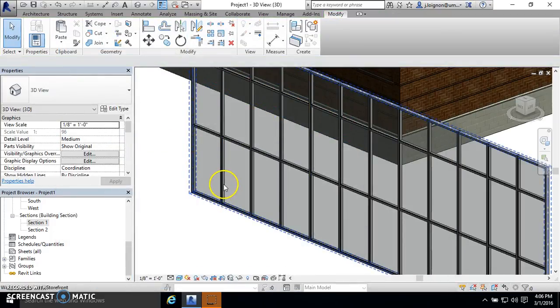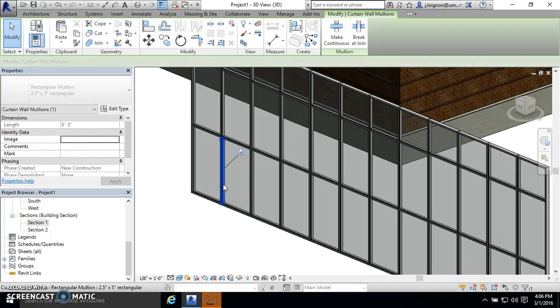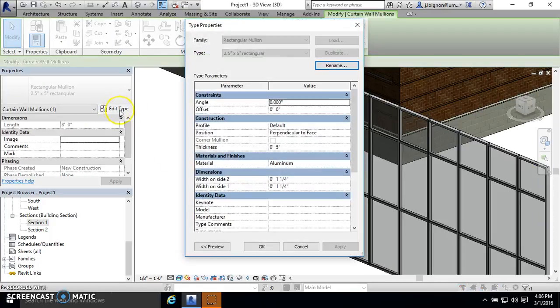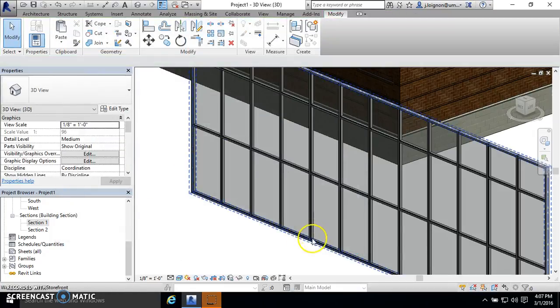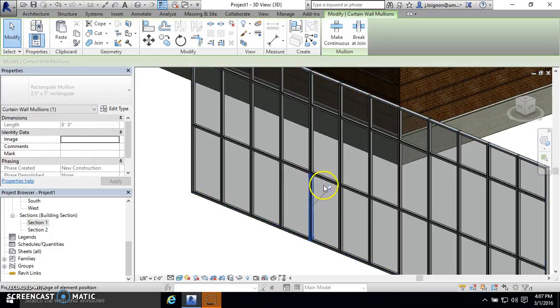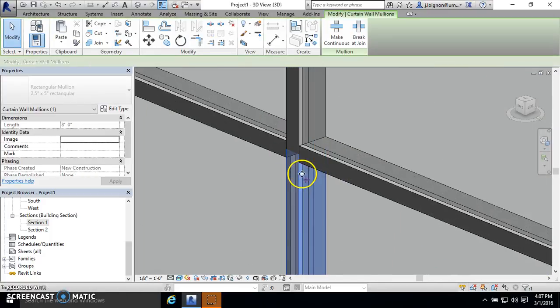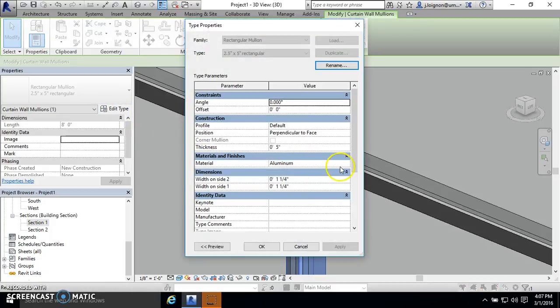And then the same goes for the mullion. So if you tab to where you find the mullion, you can go to edit type, and then you can see the material of the mullion, and you can edit it that way. Again, the reason that you can't paint is because they know that this mullion is probably going to be the same material on all of its faces, so that's why you can only do it by editing its type, aluminum,